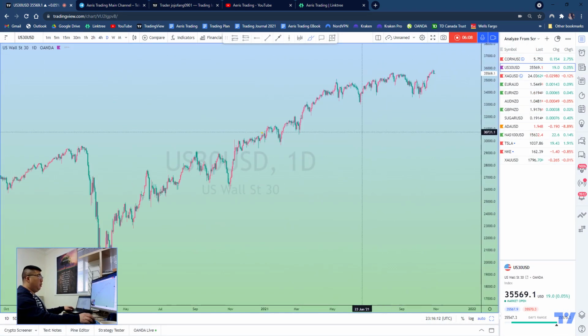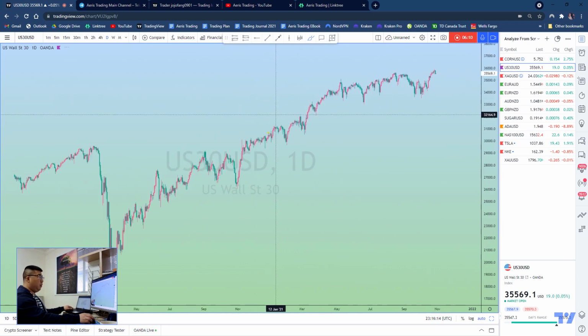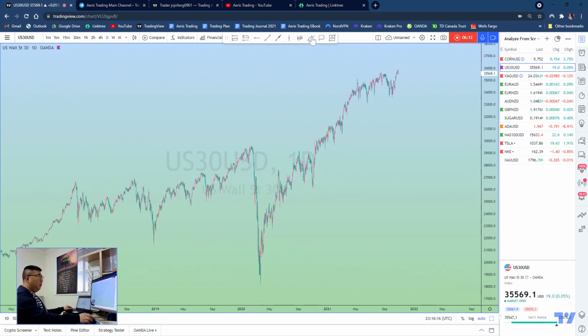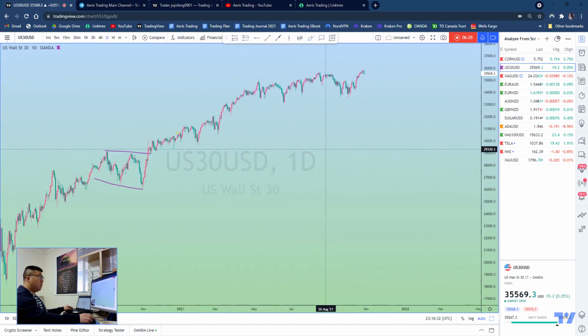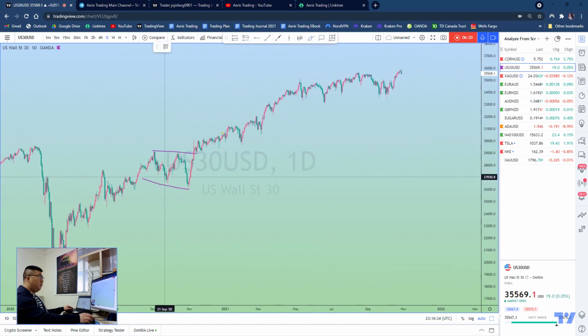Let's start with Dow Jones here, which is US Wall Street 30. Again, identifying the impulsive phase. This is clearly an impulsive phase moving upside, clearly an up move after the coronavirus crash. You can slowly see there are a few corrections in the middle, which again lead into continuation price action. Now we're looking at the latest price action developing, where after this bullish push up the price,